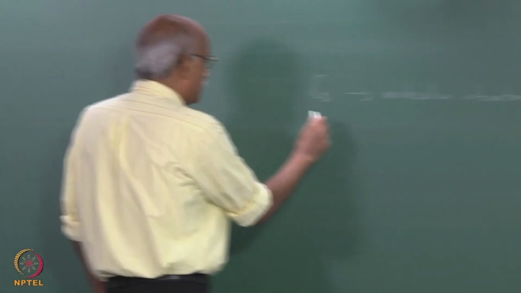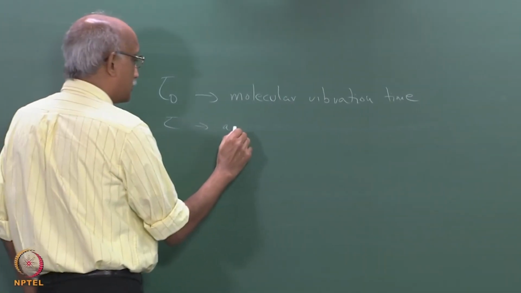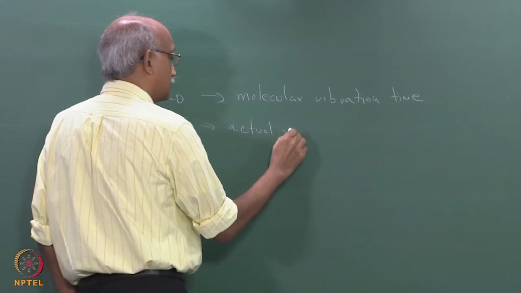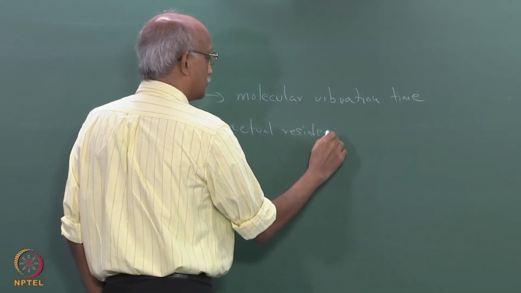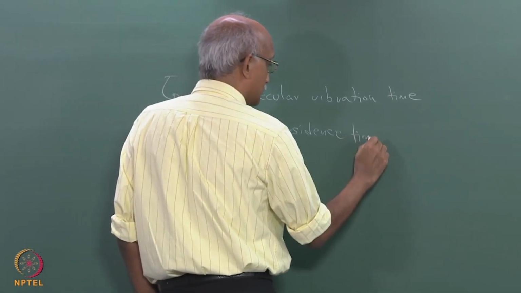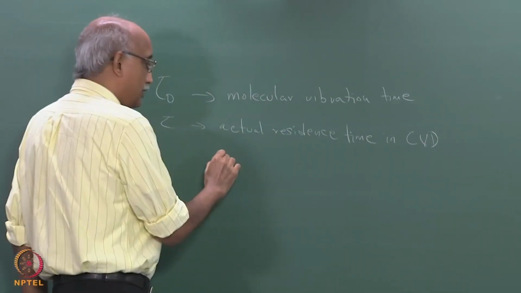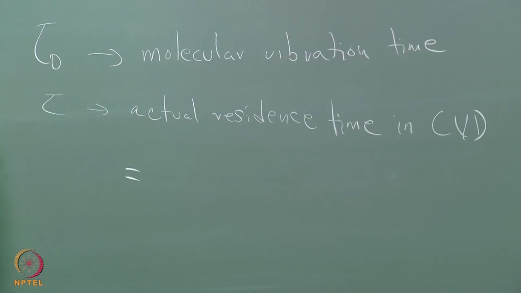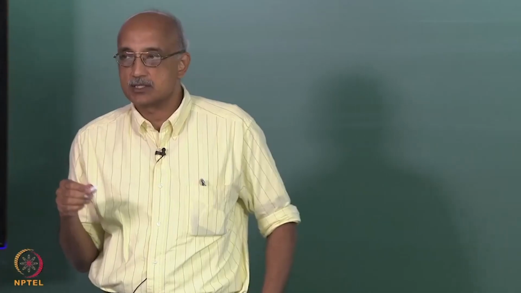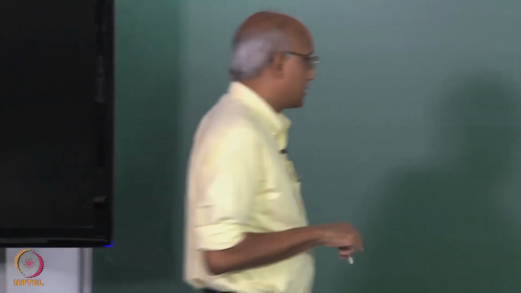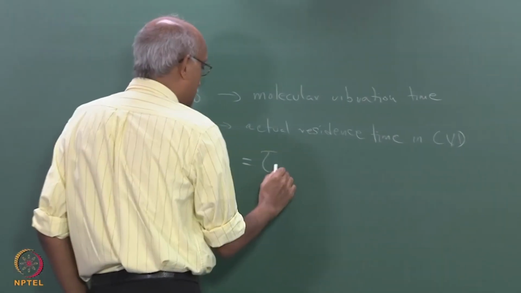Then the actual residence time in CVD, which is essentially chemically enhanced, there is a heterogeneous chemical reaction that is going to bind the molecule to the surface, which means it is not going to leave as quickly, it is going to stay at the surface longer, and that is given by tau 0 times